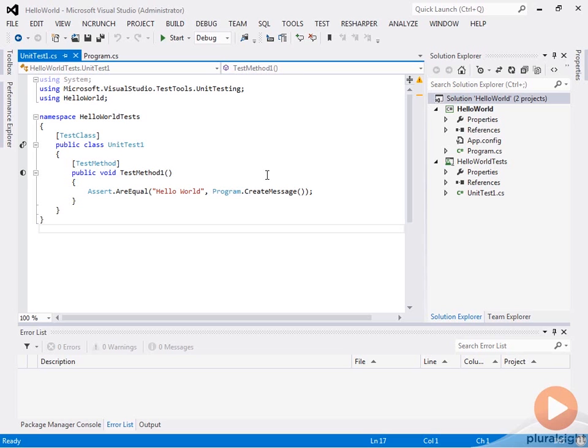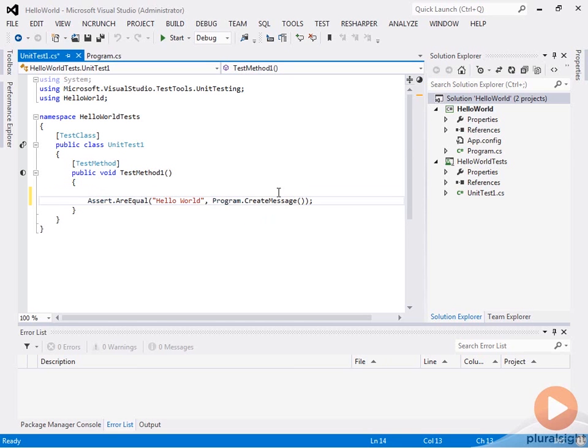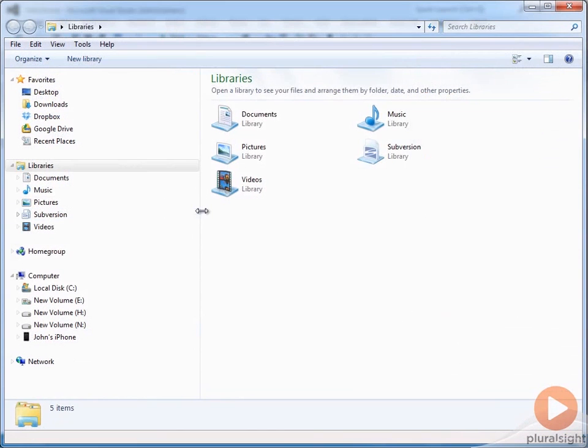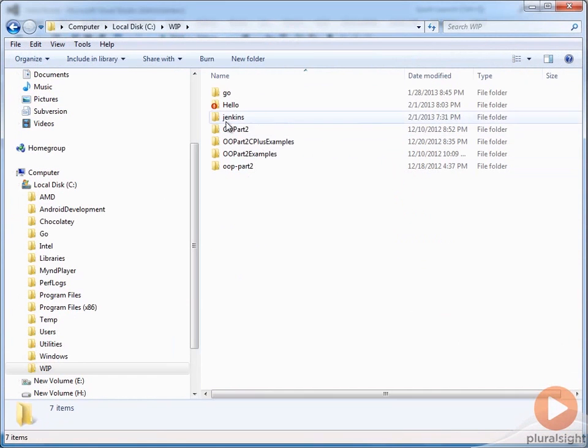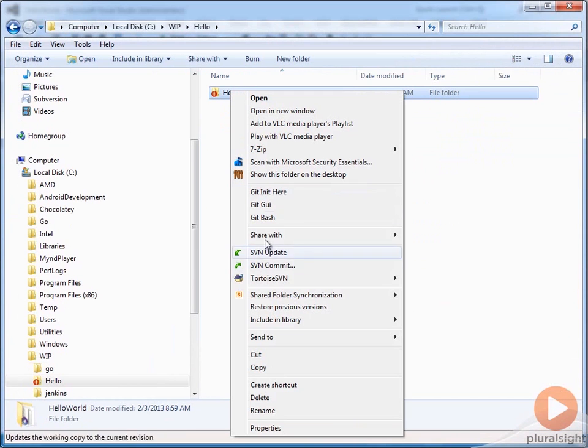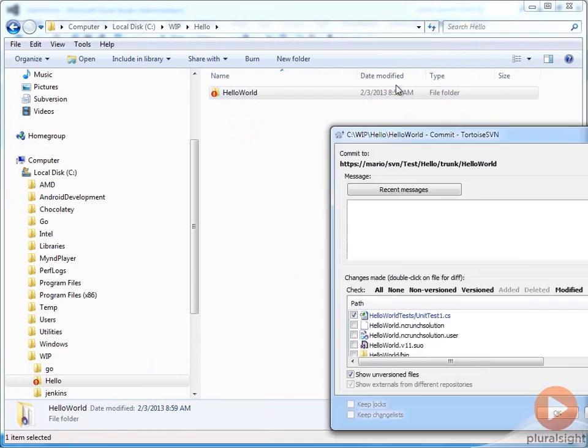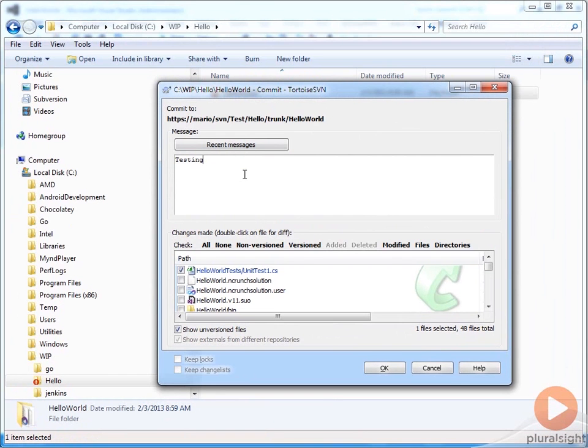Now this is probably a good time to check to make sure our trigger is working as well. Let's go ahead and make sure that that's going to work now that we actually have some solution that's being built, and we can verify that we're actually getting the latest source code and that it should work. What we'll do here is let's just go ahead and add an extra line here, and I'm going to save this file, and then I'm going to commit this file in SVN. So I'm just going to go into Hello World, I'm going to do an SVN commit, and I'm going to say testing. And before I hit this OK here, I'm going to bring up Jenkins, and we're going to go